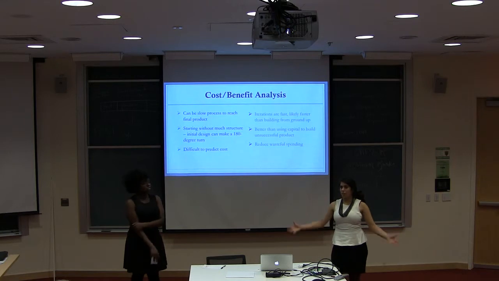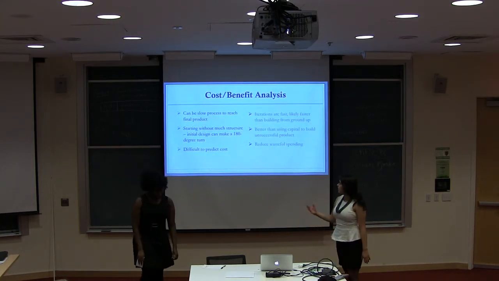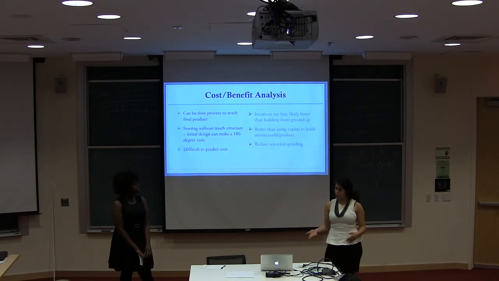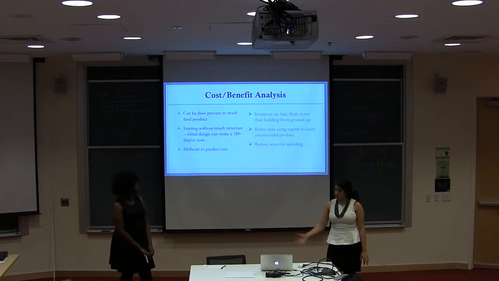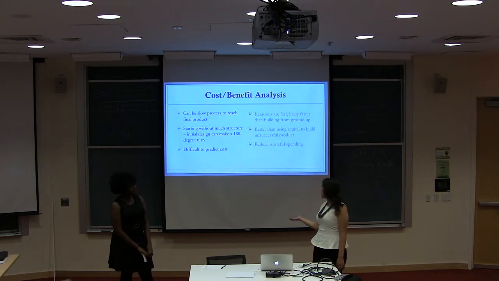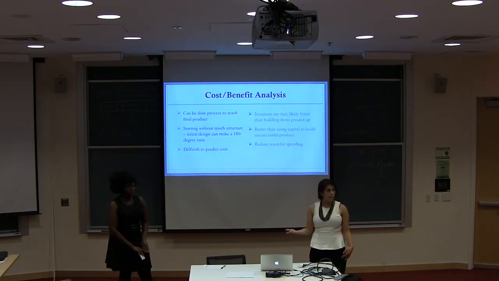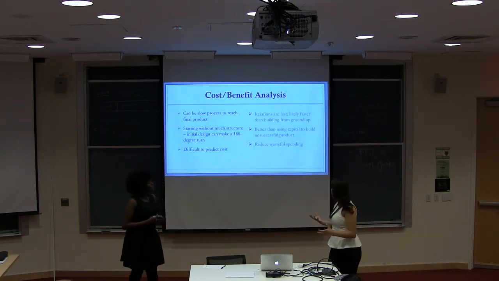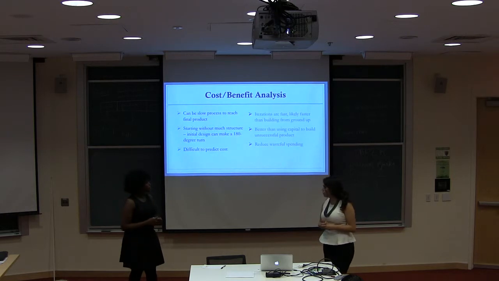So even though there are clearly a lot of benefits, there are some setbacks and criticisms to this method. One is that it can be a slow process to reach the final product, but we actually argue that the iterations are fast, and they're likely faster than building from the ground up, as we saw with Eric's example. Another kind of setback is that you're starting without a lot of structure, and your initial design could take a 180-degree turn, so that could be uncomfortable for some entrepreneurs. But it's better than using all your capital to build an unsuccessful product. So I think Groupon is a good example of this. They made a 180-degree turn, but it was a very positive 180-degree turn.